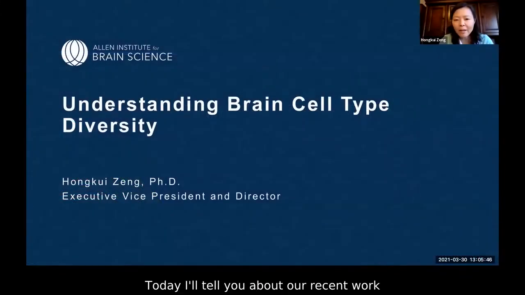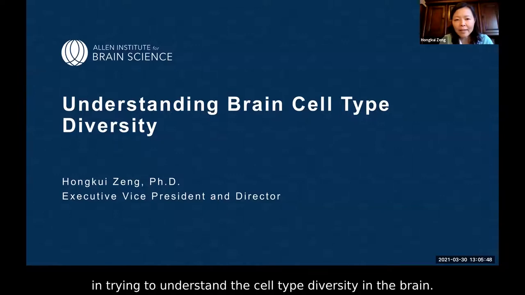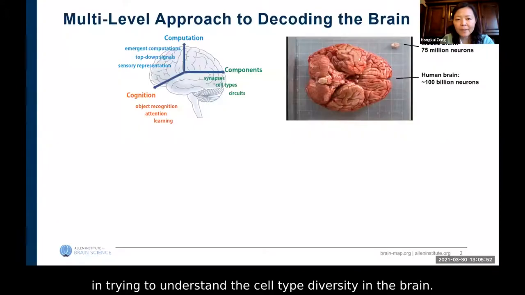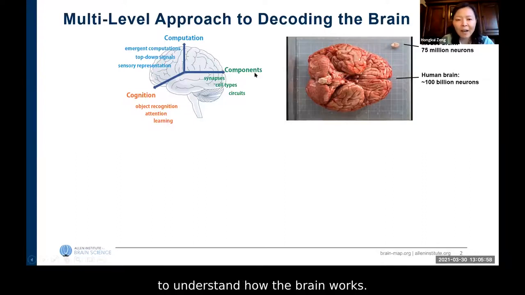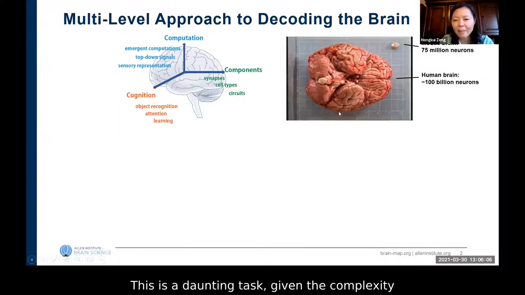Today, I'll tell you about our recent work in trying to understand the cell type diversity in the brain. To start with, it is the collective goal of neuroscience to understand how the brain works. This is a challenging task. It is a daunting task given the complexity of a brain with millions to billions of neurons and a similar